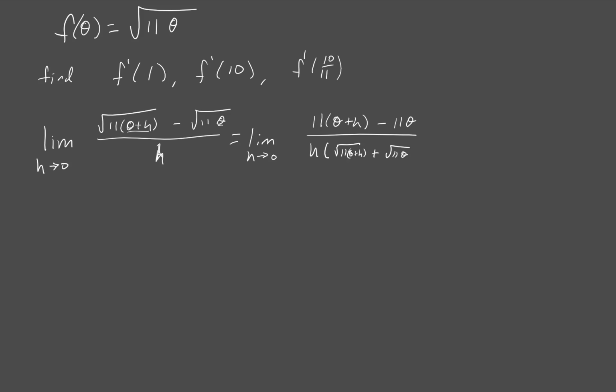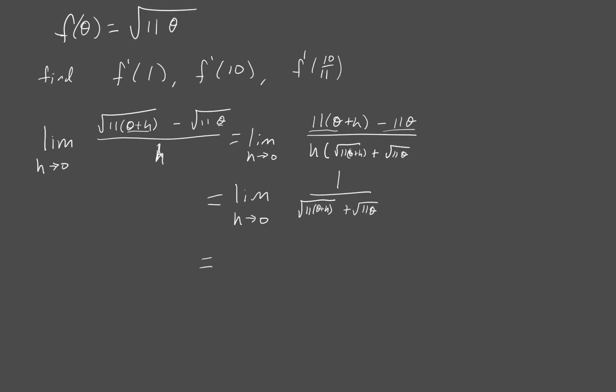We're going to see what happens as h goes to 0. Well, this all simplifies. The 11 theta and the 11 theta cancel. On the top, I'm going to have just an h, which is going to cancel with the h on the bottom. So this is going to be the limit as h goes to 0 of 1 over the square root of 11 times theta plus h plus the square root of 11 theta,